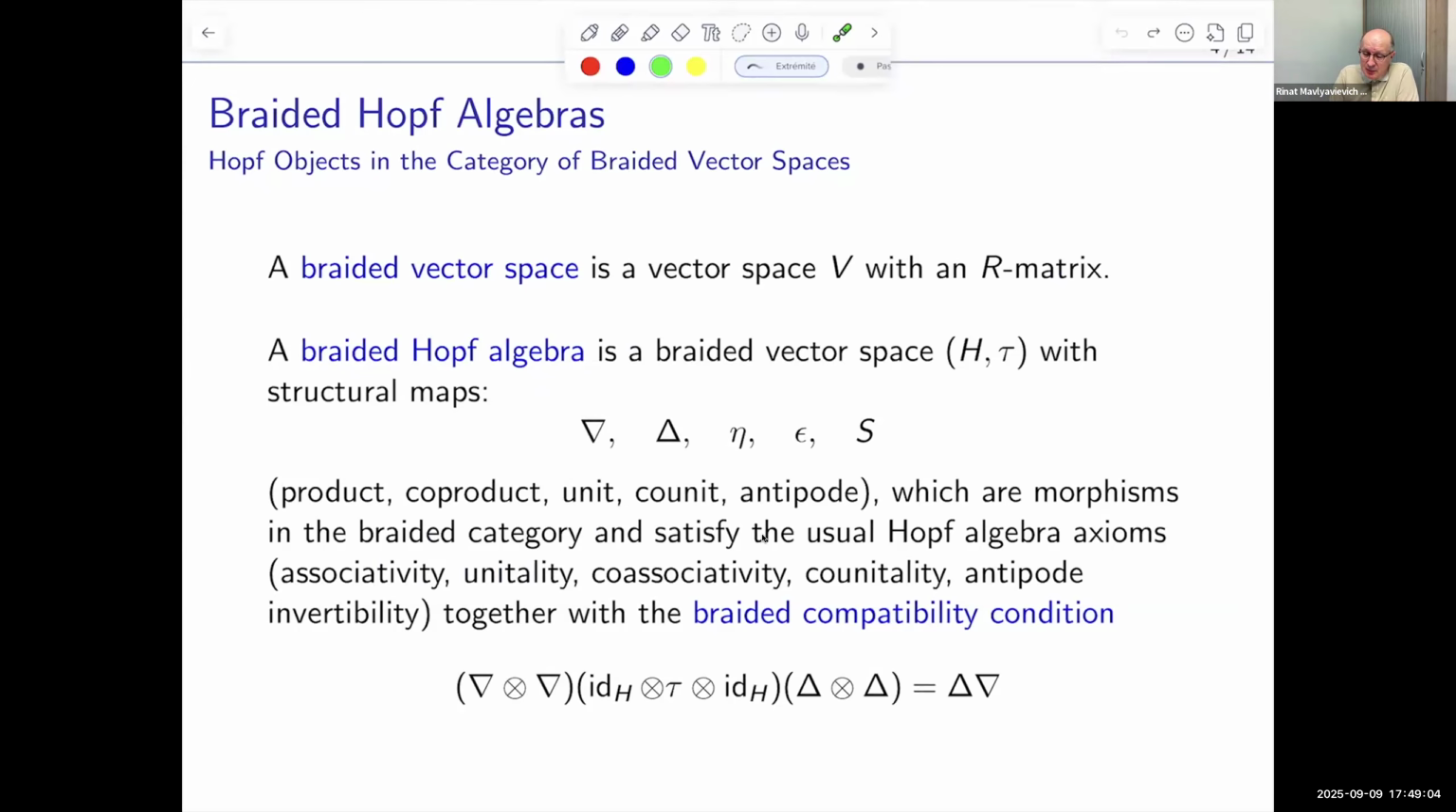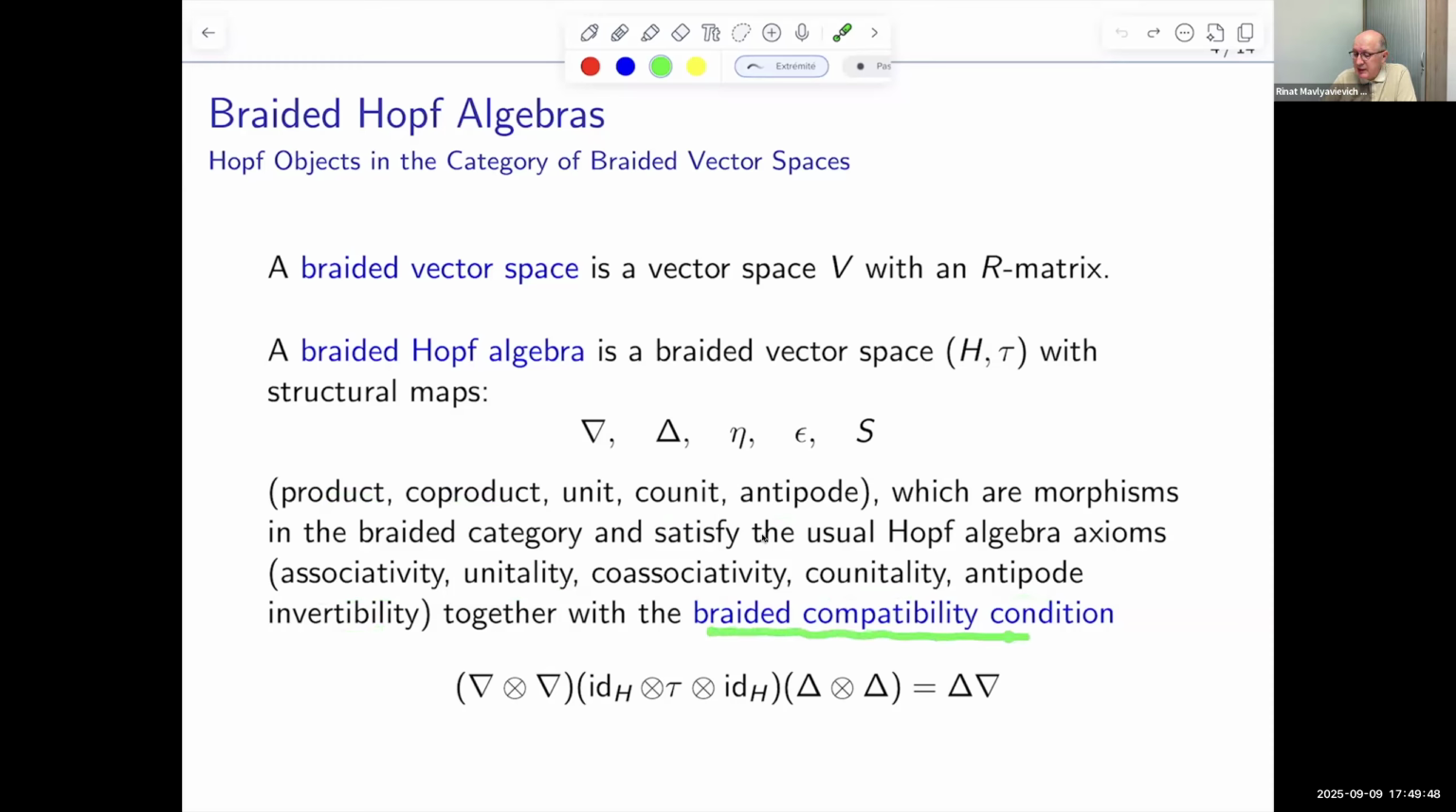So here are a couple of terminologies. A braided vector space is a vector space with an R-matrix over it. And then what is a braided Hopf algebra? It is a braided vector space with 5 structural maps called product, coproduct, unit, counit, antipode, which are morphisms in the braided category and satisfy the usual Hopf algebra axioms, namely associativity, unitarity, coassociativity, counitality, antipode invertibility, and else with